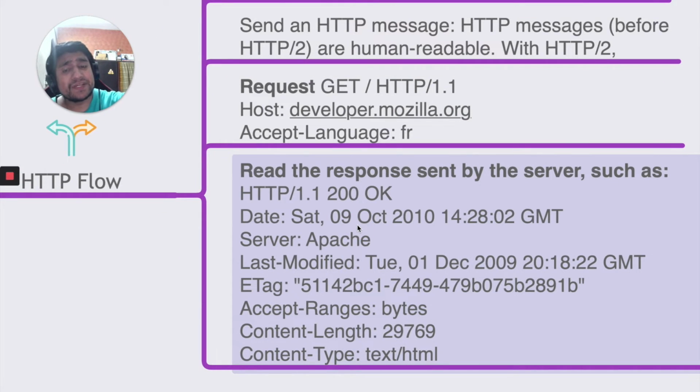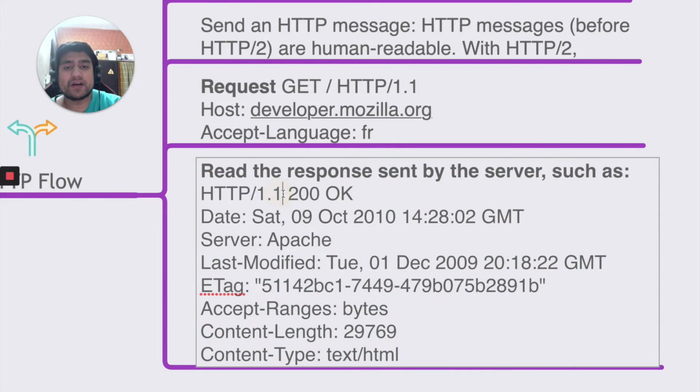Now the server will accept this request and give a response back. It says, okay, I am also using the HTTP 1.1 protocol, and 200 OK is your HTTP status code, which means everything works fine. I understand, and here is the thing that you requested. It mentions the date. The server tells its own configuration, that I am a server with Apache. This is the resource, and the resource was last modified here. This is the ETag, and there are certain parameters like the content type, text. So you want to access a particular text document, and here it is. It gives you that response.